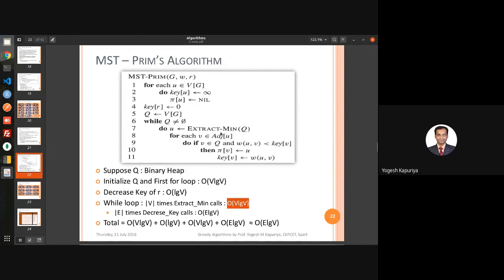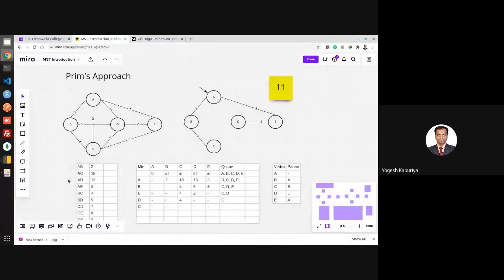Again, you have a for loop inside it. What you are doing? At the max, you are decreasing the key for every edge, because this is the upper bound. Every time, at the max, you are decreasing the key how many times? E times. Because once you decrease it, that vertex will be extracted from the queue. What I mean to say is that if you see this iteration, we have not updated the key value for any edge twice.